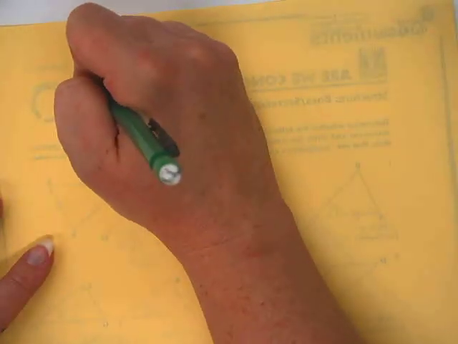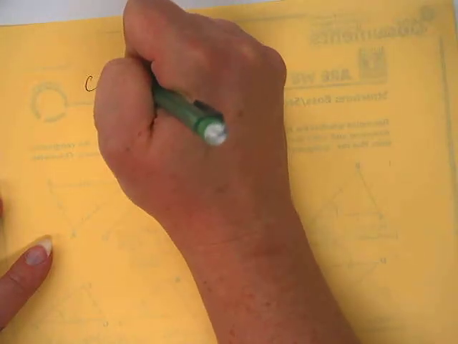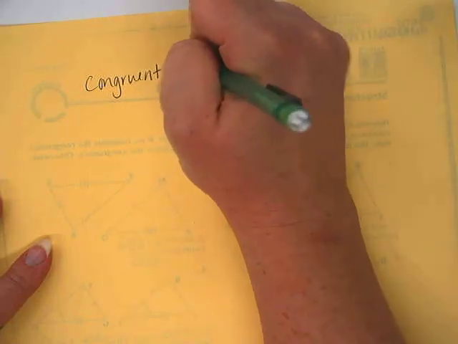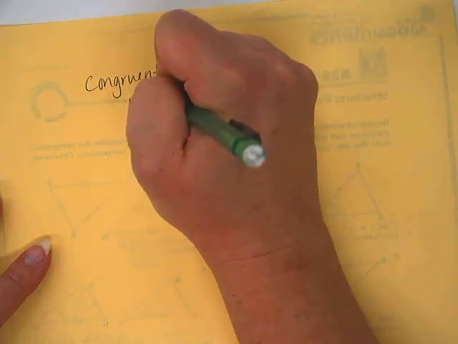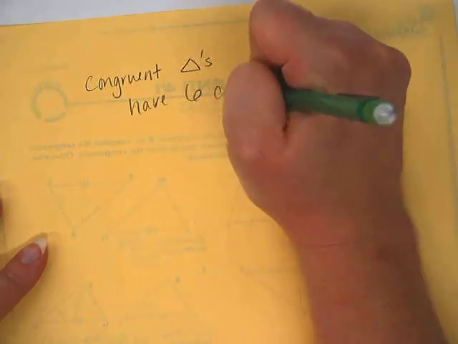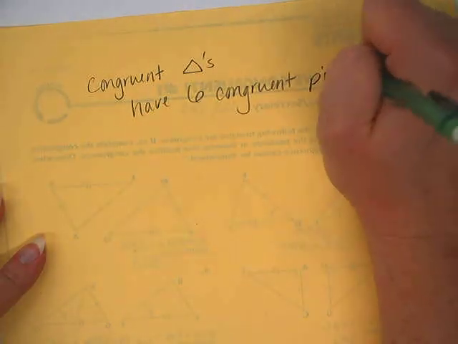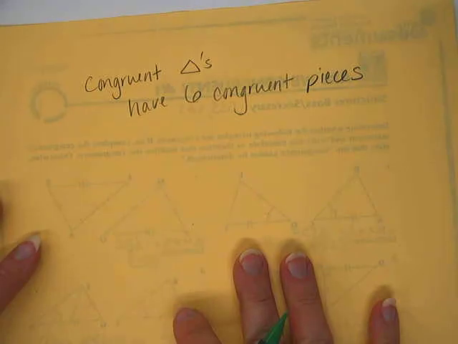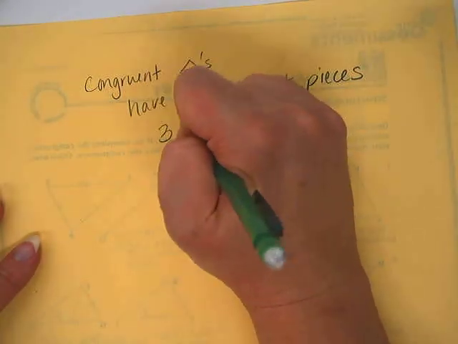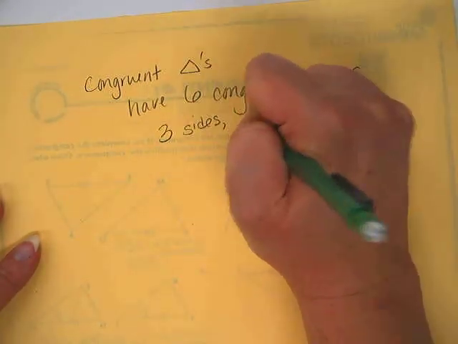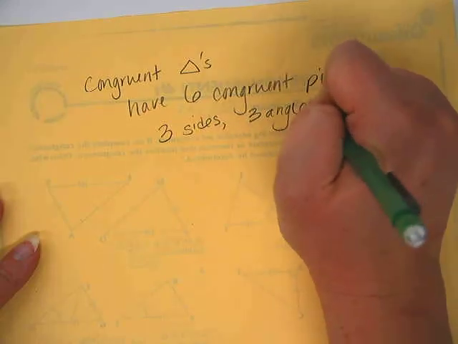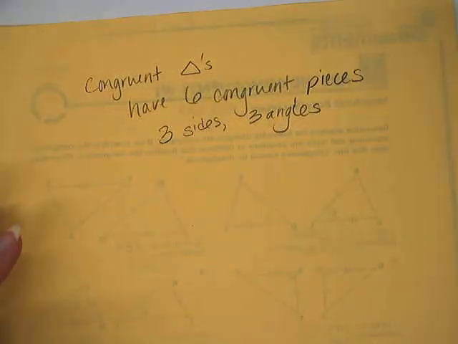We're just going to learn two ways of proving triangles congruent. When triangles are congruent, they have 6 congruent pieces because they have 3 angles and 3 sides that are congruent, so 6 total, right? 3 sides, 3 angles. However, we don't need to know all 6 pieces to be able to prove triangles congruent